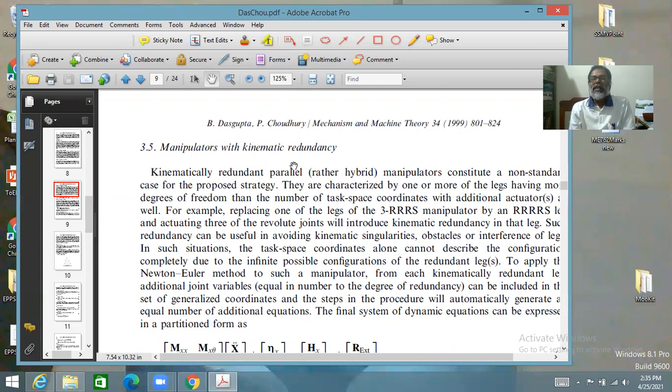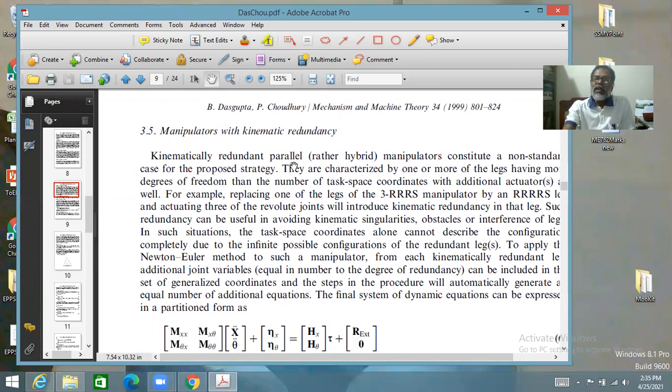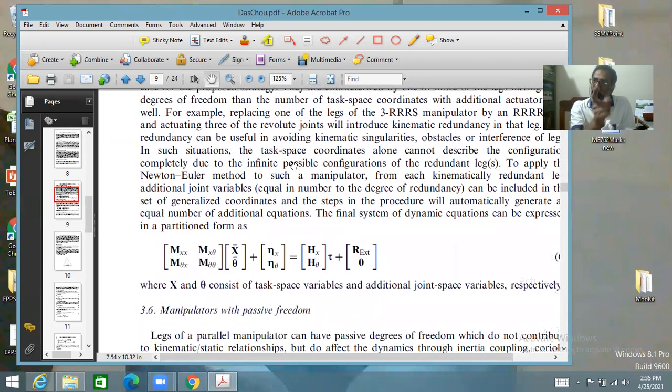Now, in that case, the dynamic equations formulated completely in the joint space would not be enough. Apart from the XYZ alpha beta gamma of the platform, you will need to consider that extra joint variable, also shown as theta here, as an extra degree of freedom, which has to be brought in. And therefore, the dynamic equations will appear in this extended form, where, unlike earlier, this M_xx will